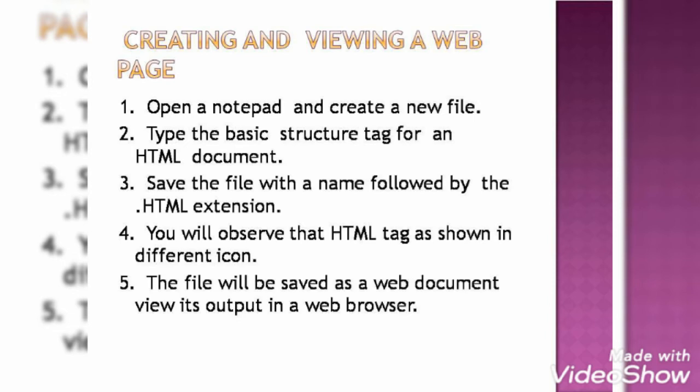When you view it, it will open in a web browser. So this is how you make an HTML document using Notepad, saving it as .html, and then you can view it. Now, what you will be viewing, you have to write inside. For writing things inside, we have to use different tags. So we will be moving to the different tags and how we can use them in HTML.